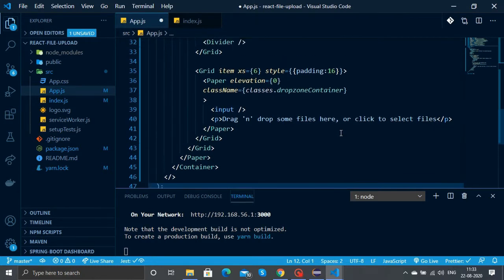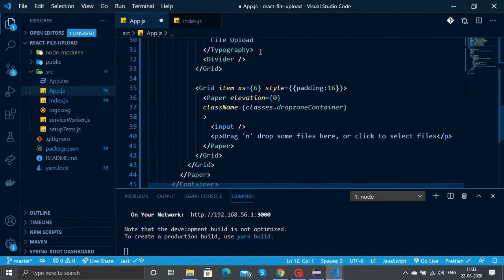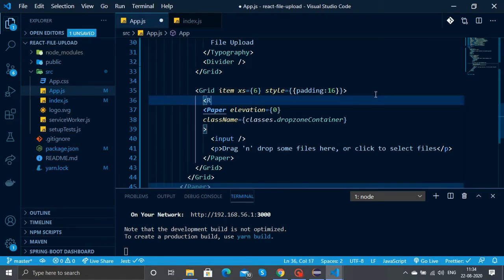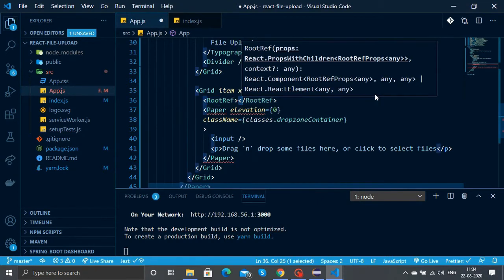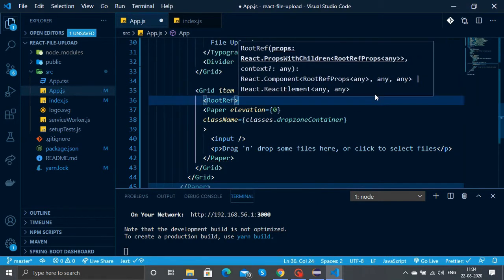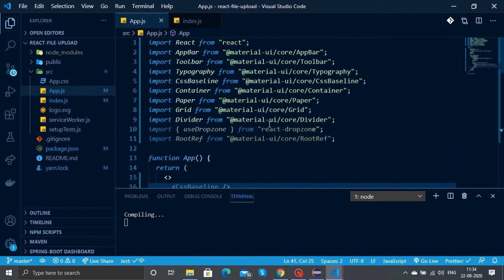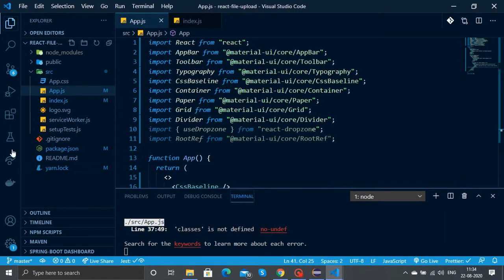So if you want something like a direct ref, we can use the RootRef component in Material UI, and where you need the ref, you encapsulate that component inside RootRef. So now we are going to include the RootRef, and we'll make the paper inside the RootRef.